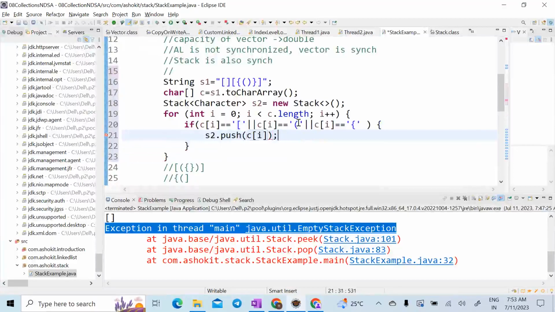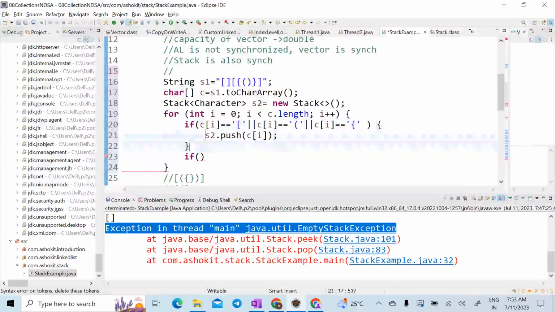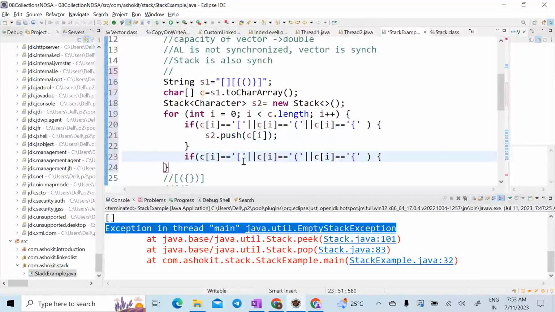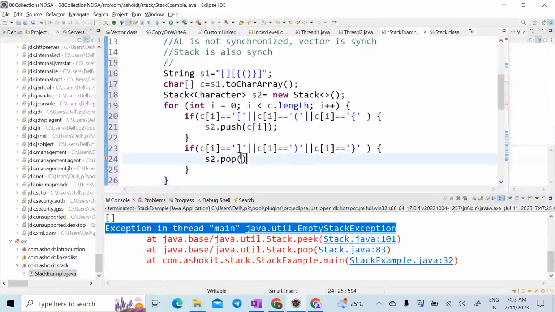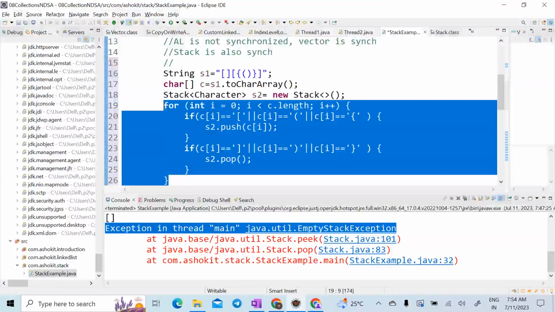Okay, done. Now, whenever the close bracket is coming, if it is a close bracket, this one or this one or this one, then you do a pop, s2.pop. Okay. Now, after this completion is done, see here, after this is completed, if my stack is empty,